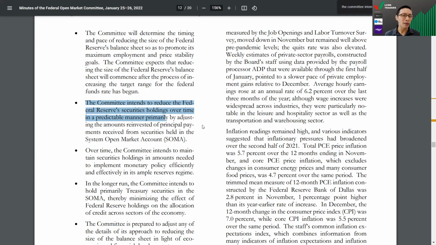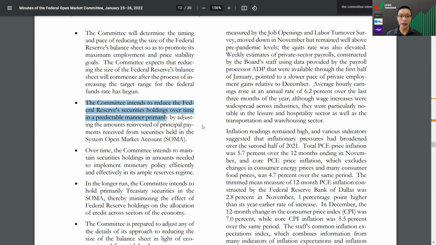So I think, as of the most recent meeting, the central bank will probably want to take up this approach of just cutting down the amount of reinvestment made to the maturing bonds, maturing assets. Right now, prior to this meeting, they may actually be carrying out full reinvestments of the maturing bonds, but as of this meeting, they may adjust it lower. So not that aggressive, if you ask me, when it comes to unloading of their bonds, because this is more like the slowest approach, because if they were to go aggressive,